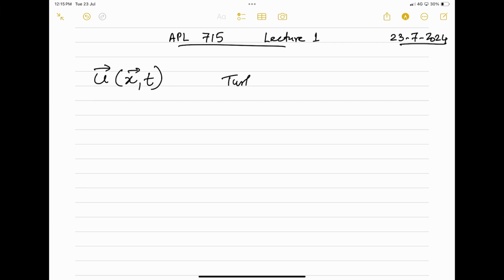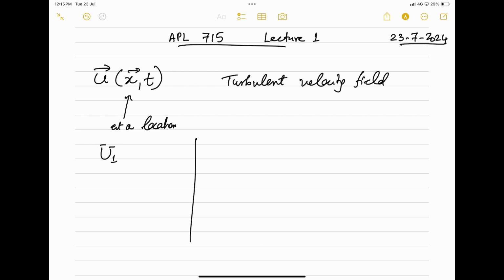Velocity field. So we assume that x is at a particular location, and we observe the signal for the one component of u. That means the x component of u. If I try to look at how the velocity field looks like,